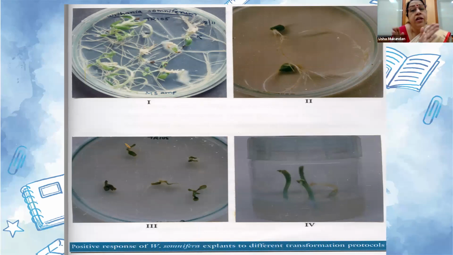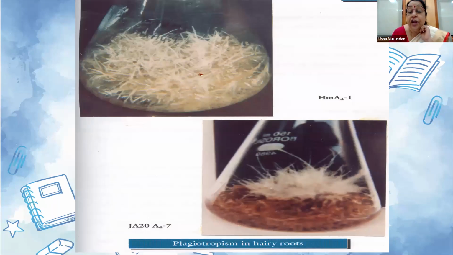Now, ashwagandha, because it belongs to family Solanaceae, experiments were carried out to find out the transformation using different explants. So you had cotyledon in the explant, you had hypocotyl, you had stem sections, you had roots, and almost everything could be transformed using the virulent strain of Agrobacterium rhizogenes. Now, if you recall, I told a term known as the lack of geotropism, and the roots are plagiotropic, or they show plagiotropism.